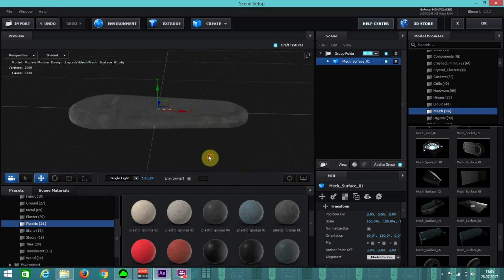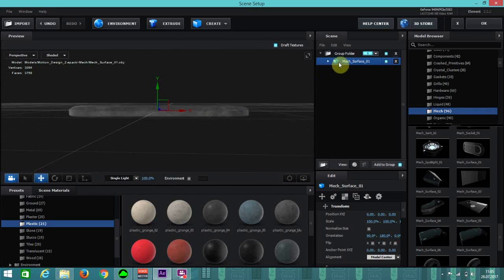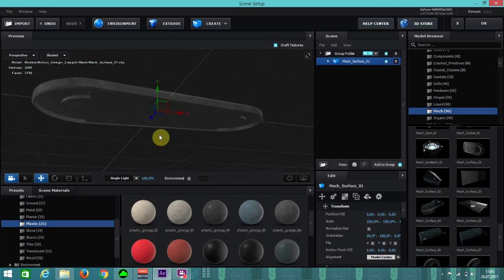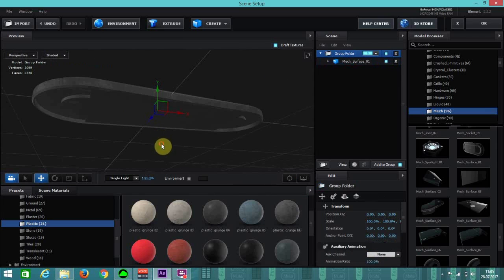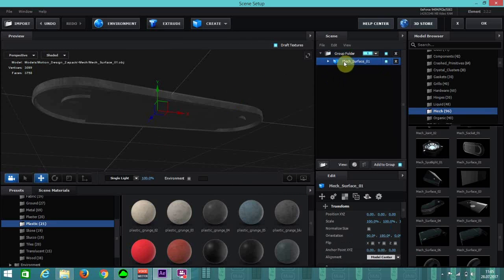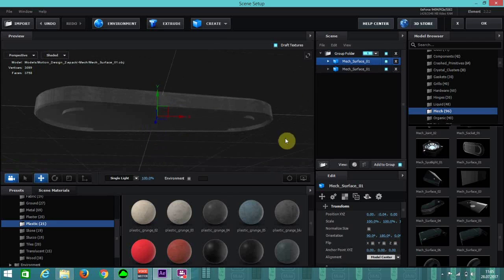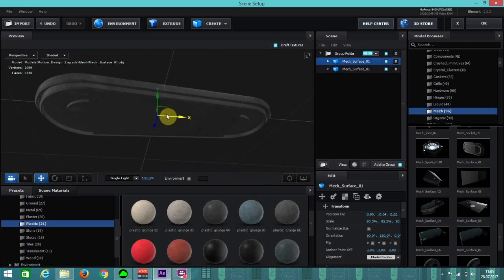Now while you have the mesh surface highlighted, you want to duplicate by holding CTRL, and yeah, let me do that again. CTRL and then D to duplicate. Now you have a second duplication. Move it down a little bit and scale it down. You want to just make some kind of